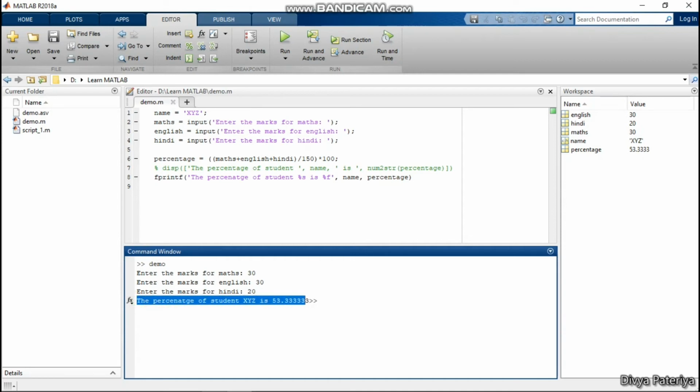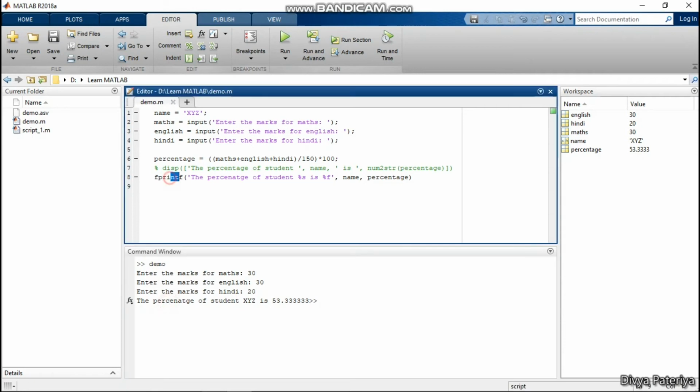This is this, because we are getting different result of percentage just because we have entered different values for maths, English and Hindi. So what this command is actually doing is, I have written the percentage of student same as in the display function. Instead of name I have given %s, and instead of giving this whole function I am just writing %f.